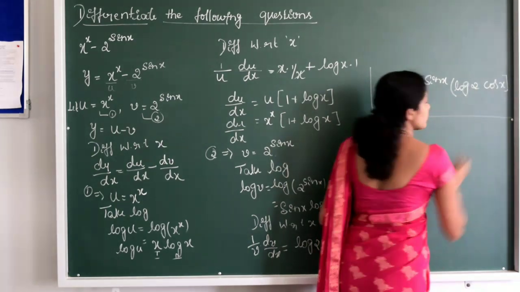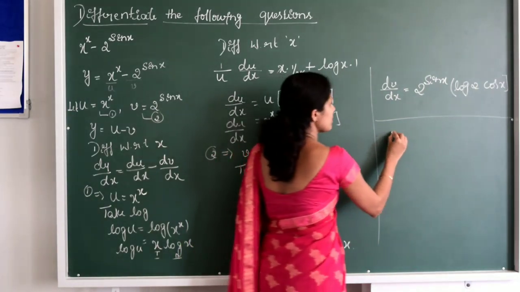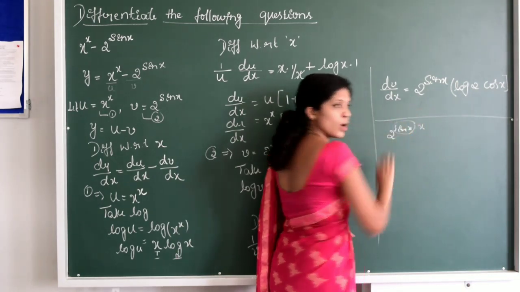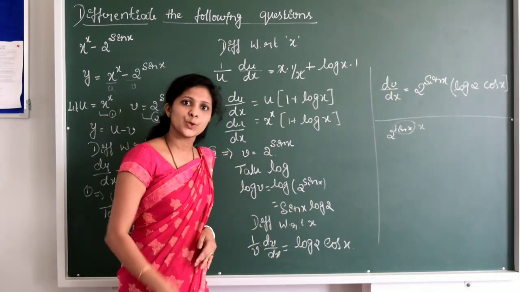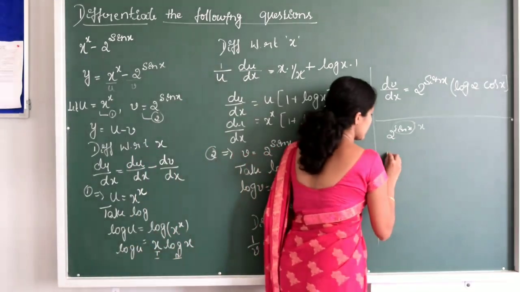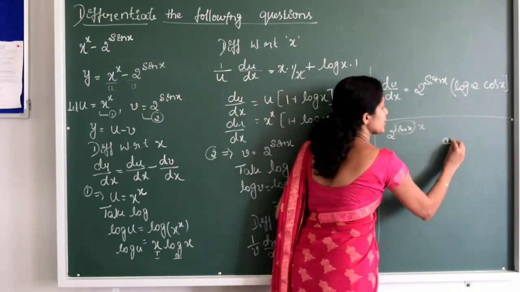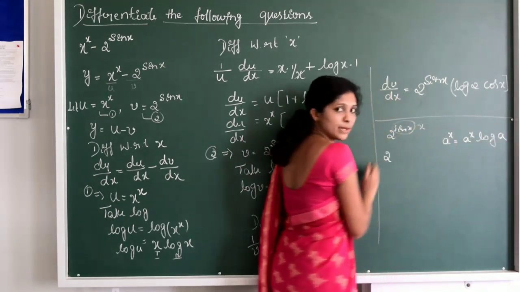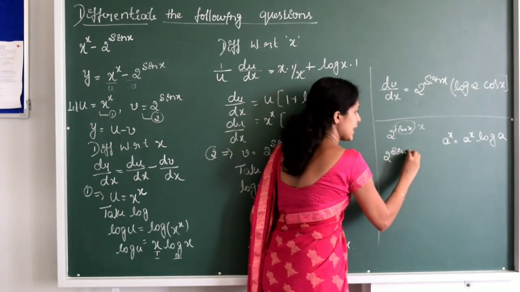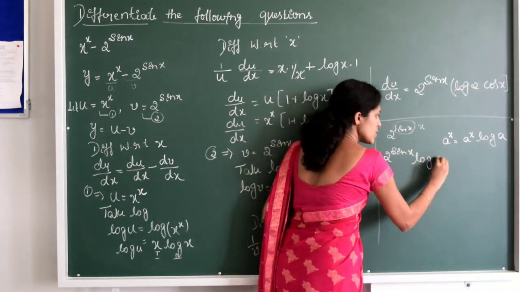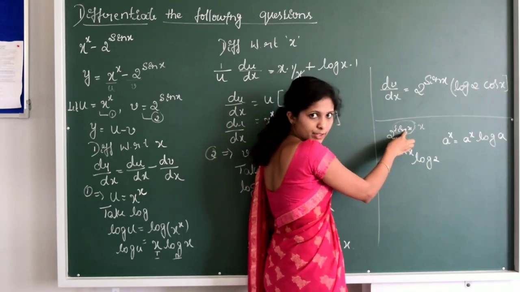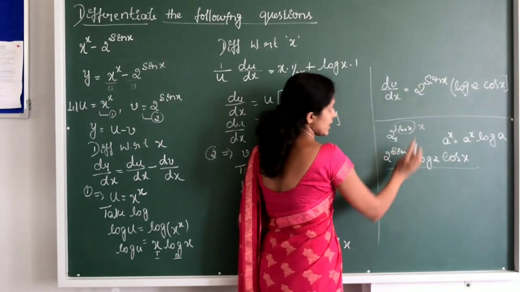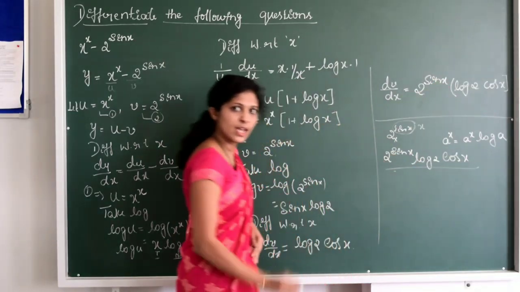If you use the direct formula, what happens there? It will be the same. See here, 2 to the power sin x is there. You have to consider this as some x. What is the derivative of 2 to the power x? It will be 2 to the power x into log 2. Is it clear? The derivative of a to the power x is a to the power x into log a. So this will be now 2 to the power sin x into log 2. Now we have to find the derivative of sin x, which is cos x. Both are the same: 2 to the power sin x log 2 into cos x. Okay. You don't need to use this method.